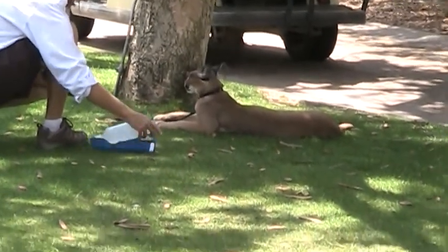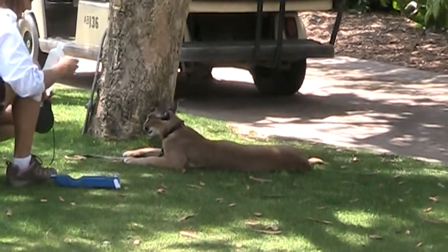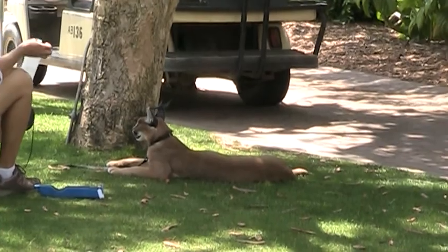But you can imagine how, if this were a younger caracal with very short ear tufts, he would clearly be an animal with less experience, whereas this caracal looks like he's an older caracal, very experienced,